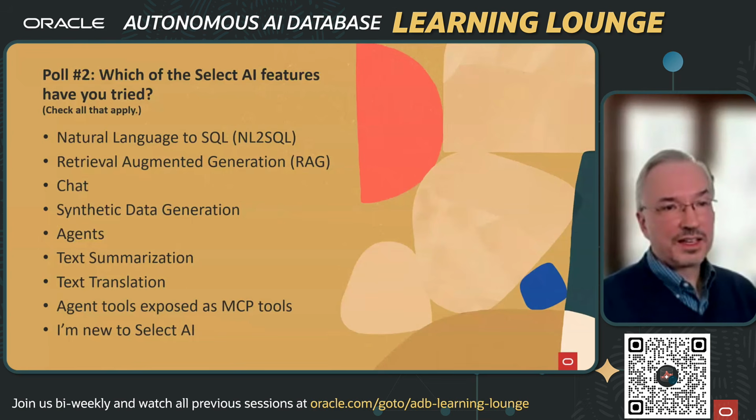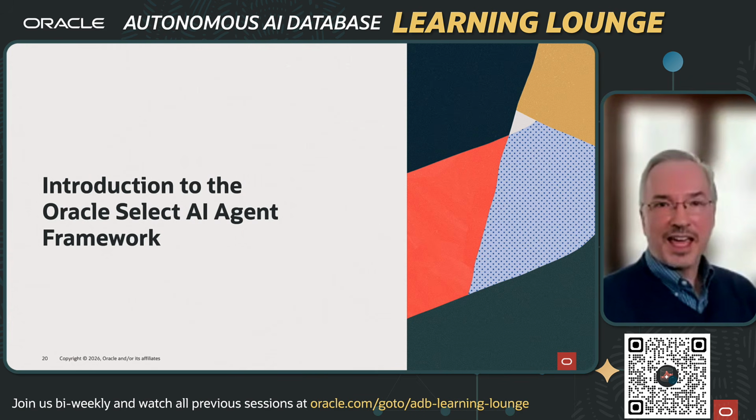All right, the numbers are coming in, and it looks like roughly two-thirds have worked with natural language to SQL generation. Got close to 50% on RAG, another two-thirds for chat. Synthetic data generation, about 15% of folks, about a quarter of you working with agents, and text summarization coming in at about a third. Translation, about 20%. And even agent tools exposed as MCP tools, a good 22%. That's excellent. Well, thank you for that feedback. That's really good to see what folks are working with. All right, so we'll continue and take a closer look